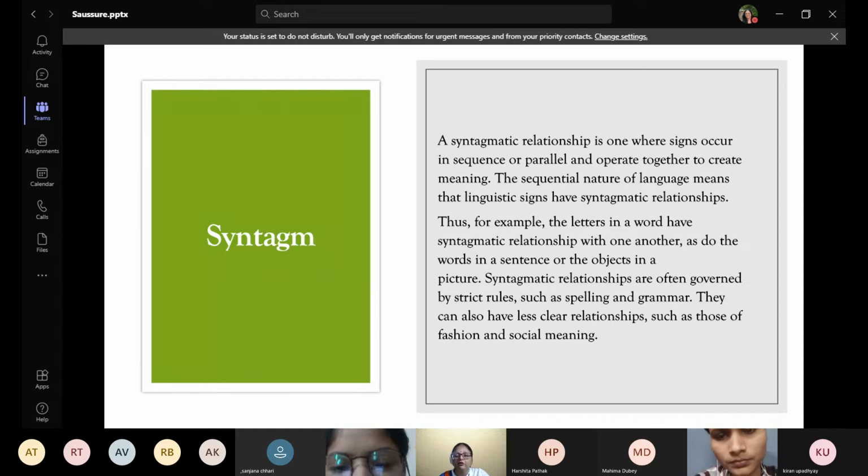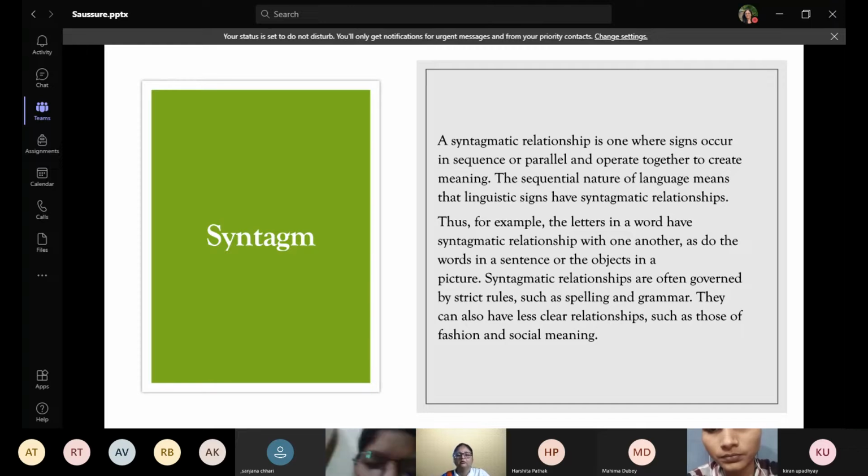So syntagmatic relationships are often governed by strict rules. Spelling, "WHEN" ही होगा, "WNEH" नहीं होगा. Okay, तो rules हैं किस letter के साथ क्या combine करता है. Spelling "SP", strict "ST". Okay, so these are the rules. All the spelling rules, all the grammar rules, they tell how the words or letters are existing in